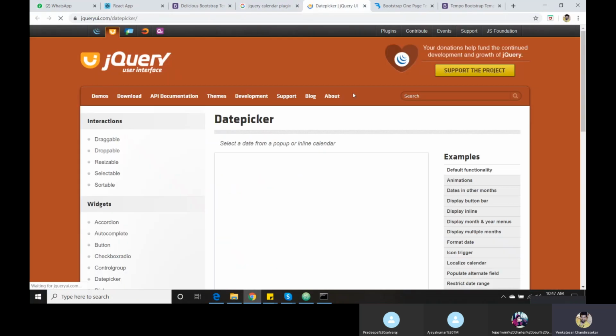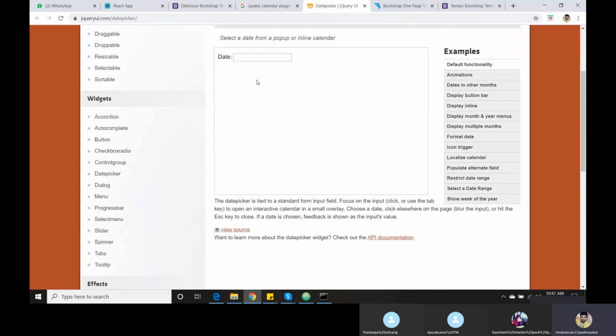I will tell you simply what a package is. We have a date field in our application. If I click on it, I need to show a calendar like this. They have already pre-built the code. It's like npm. There are already packages available, like create react app. I need to use that package in my project.